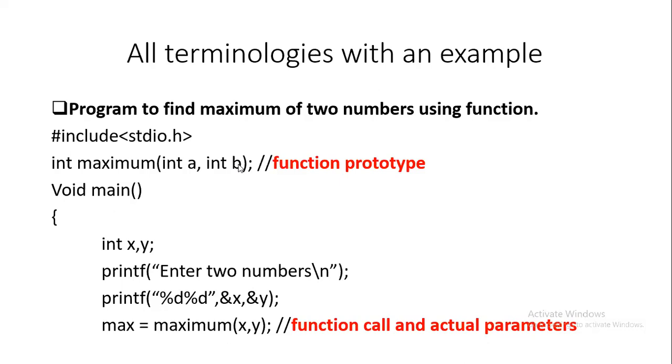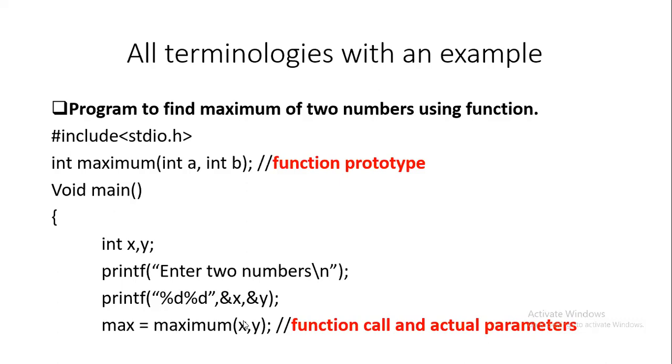Please note, there are 2 types of parameters. So here x and y are defined in the main function. We are taking input for x and y. And in maximum, we have given x comma y. Previously, we just gave add of 2 comma 4. There directly we gave the value. Whereas here we are taking input for x and y and then giving the value x and y.